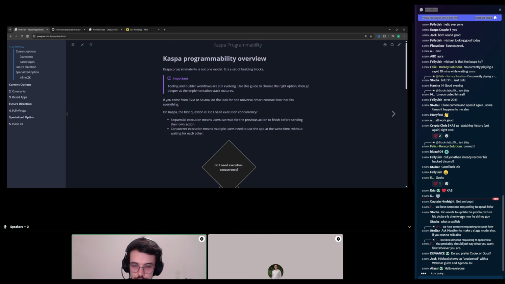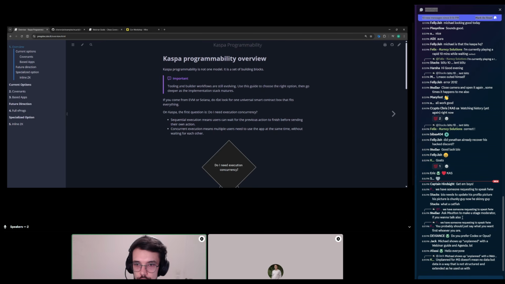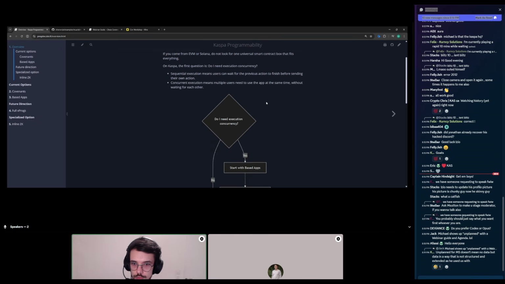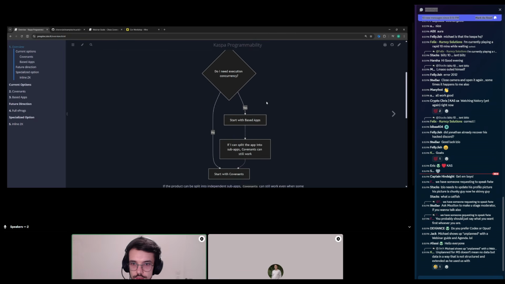The idea is that you can take this first page overview, read it top to bottom, and hopefully you already have enough context to know what the different building blocks are and what you should pick to build your product, solution, or application. And then toward the bottom of the document, there is a simple decision tree diagram that aims at helping you choose what to pick first.